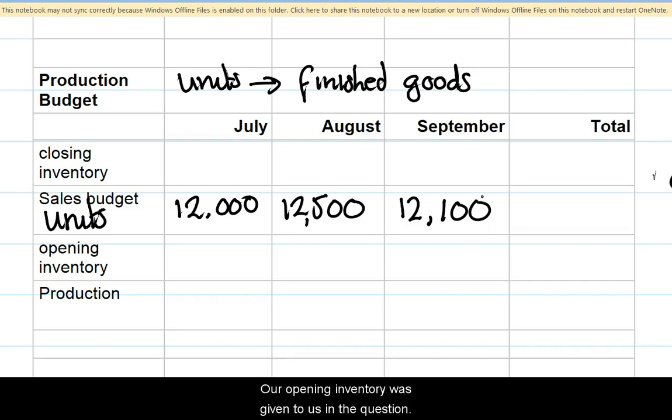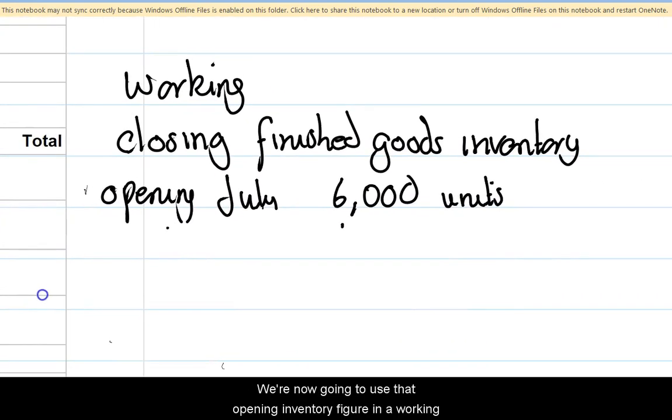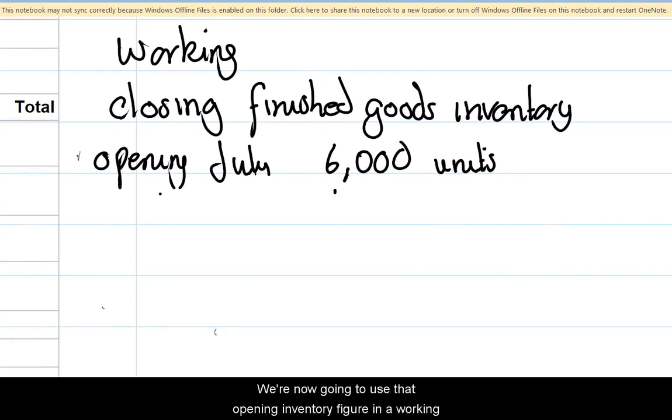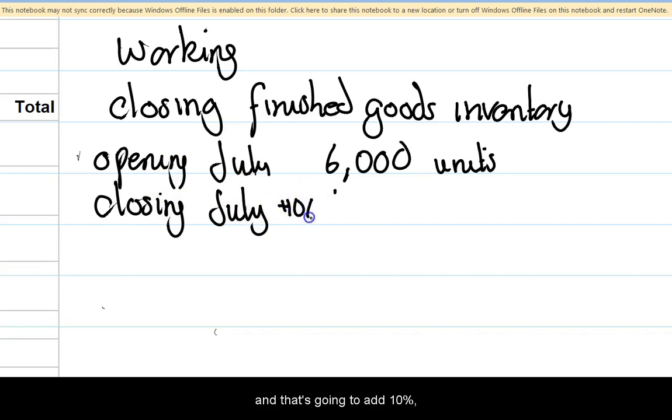Our opening inventory was given to us in the question. We're now going to use that opening inventory figure in a working to calculate what our closing July inventory is going to be, and that's going to add 10%,